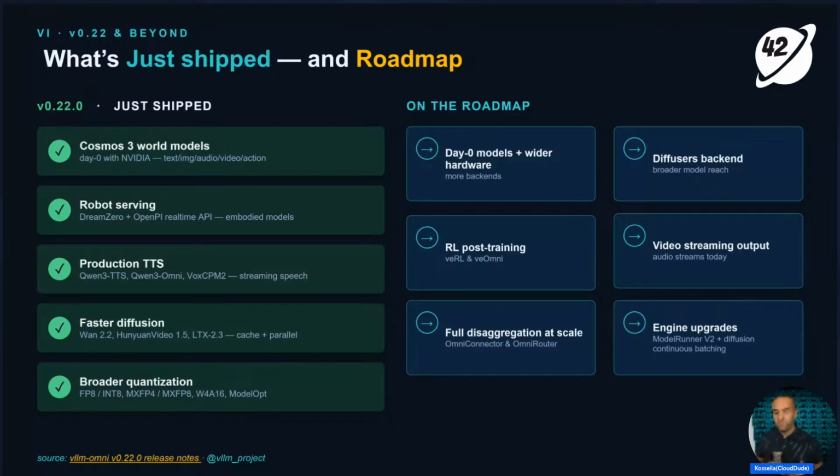And obviously, the vLLM-Omni team is still cooking. They're relentless and just getting started in terms of roadmap, with plans for more diffusion backends, diffusion continuous batching, video streaming output on top of the audio streaming output that we just saw, and also an engine integration of the new model runner V2 and a deeper disaggregation with Omni connector and Omni router across clusters. And finally, even reinforcement learning integration with a new project called vRL-Omni, which is a new RL post-training for generative models where